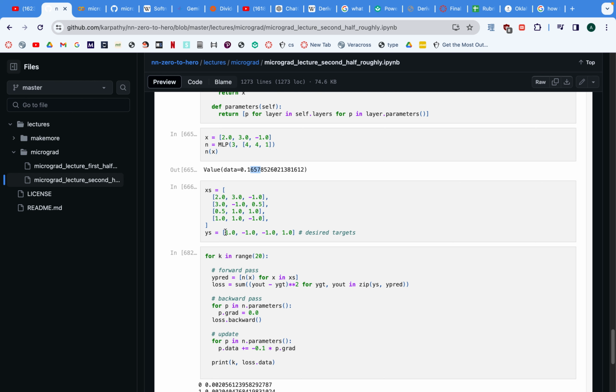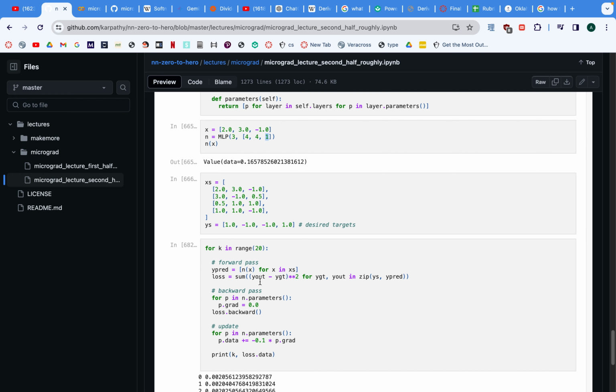So right here now we set the desired targets of what we want to get. We want our four neurons from here to go into these: 1, -1, -1, and 1. And then what's the last column? The last column is the loss function. The loss function is what we want minus what we have, which would be 0.5, and then you square that, and that's your loss, and then you average that out for all four,